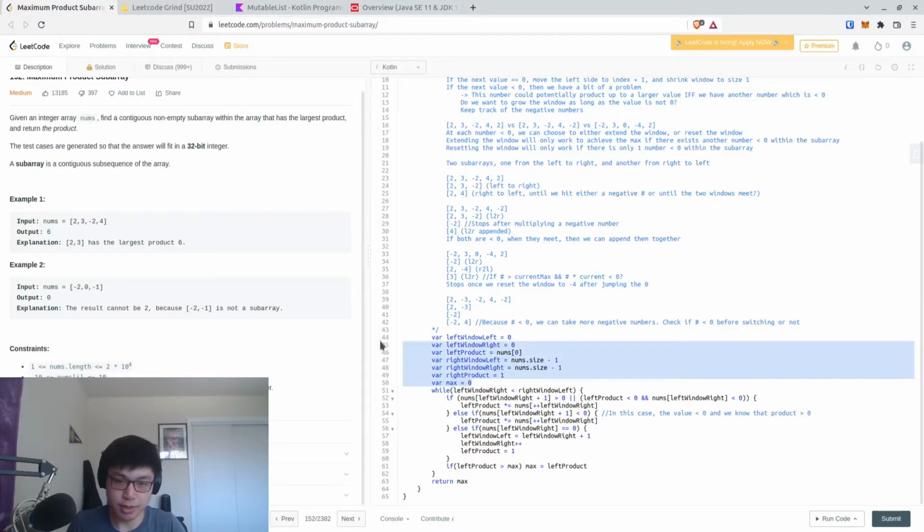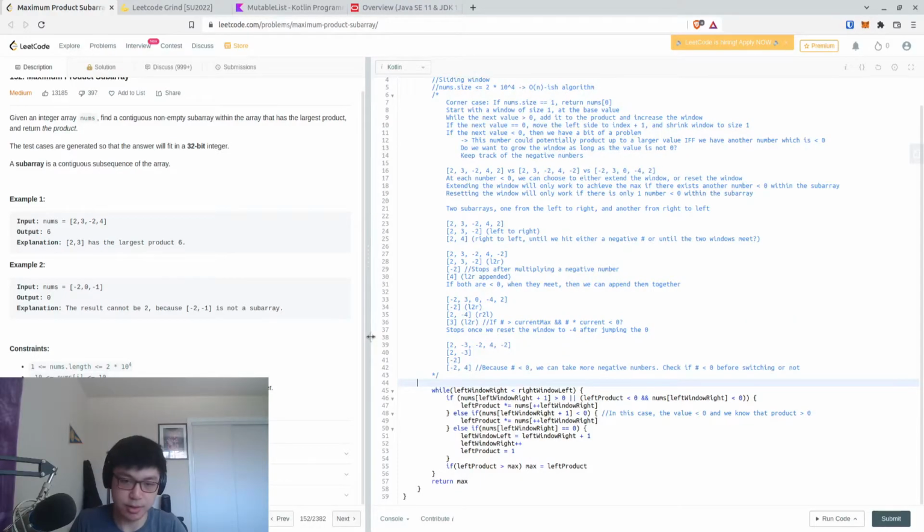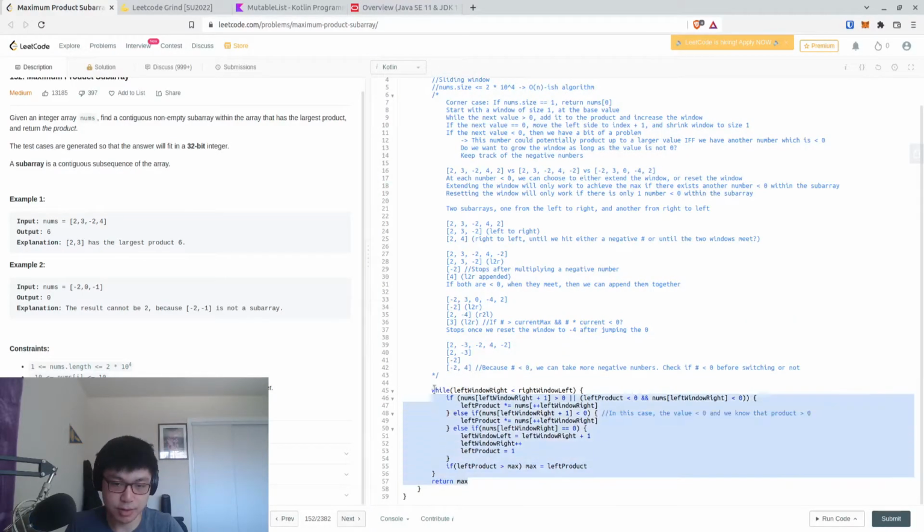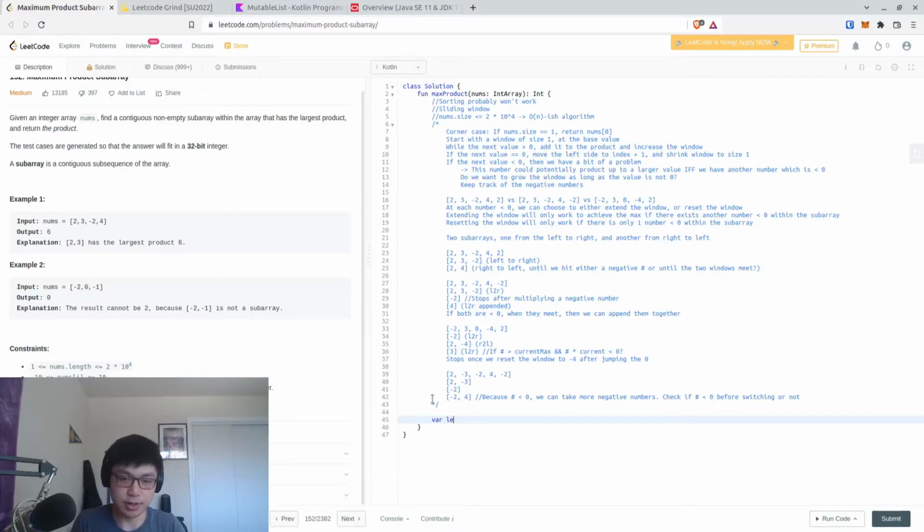What if we, rather than doing two, what if we create a list of products? So var left is 0, var right is 0, val previous or prefix product is equal to a mutable list of integers,